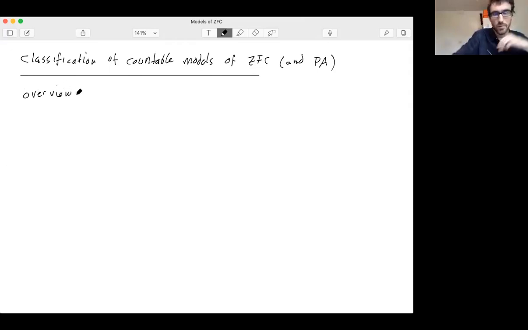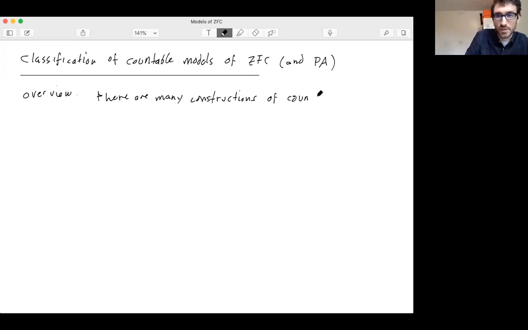So I'm primarily a descriptive set theorist. And so whenever I see a diversity of constructions of something, so there are many constructions of models of PA or ZFC, always countable models in this talk. If I say model, I mean countable model.